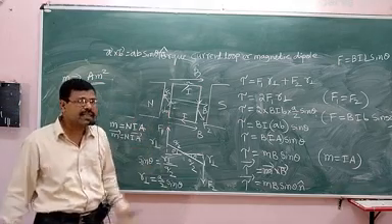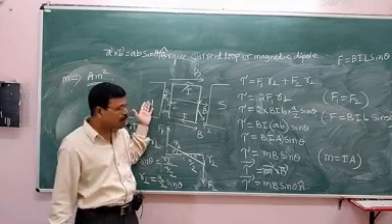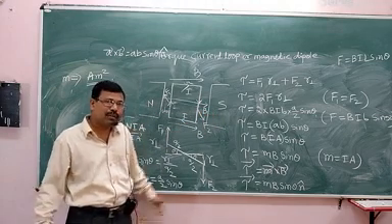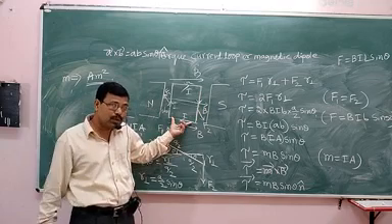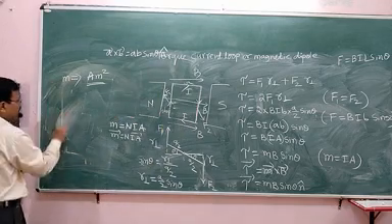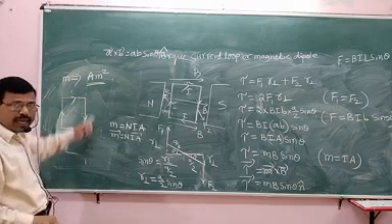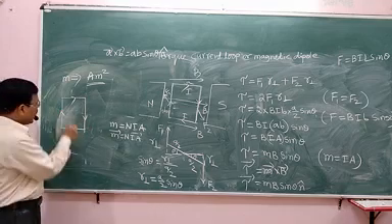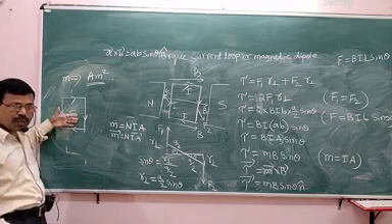Magnetic moment direction is always opposite to the direction of magnetic field. If the magnetic field is from north to south, then the magnetic moment will be from south to north. But here I am talking about the magnetic moment of the coil. This coil has a magnetic moment. It behaves like a magnetic dipole. If the direction of current is clockwise, the upper face acquires south polarity and the lower face acquires north polarity. Upper face south, lower face north.